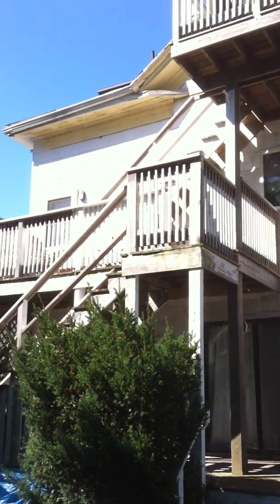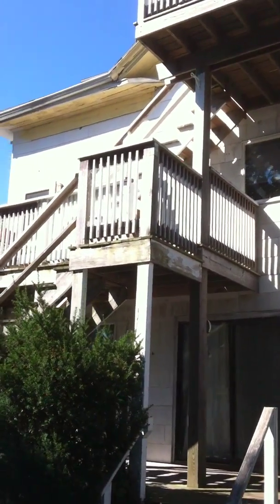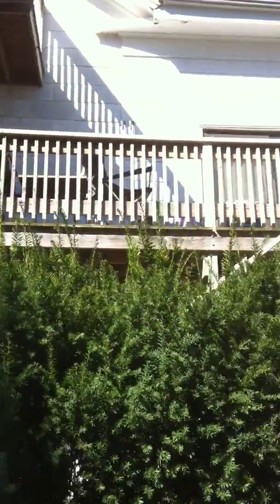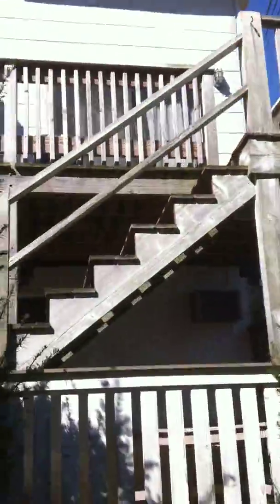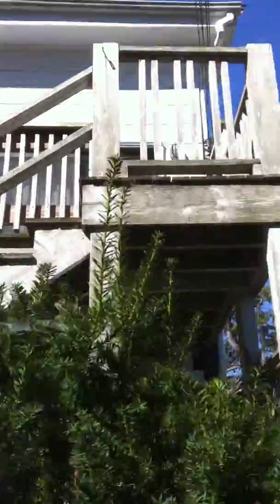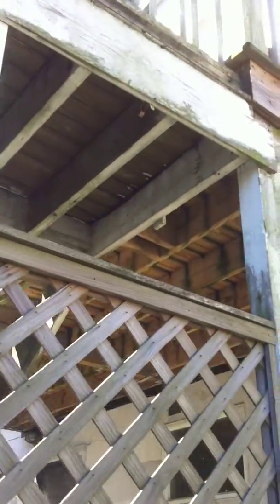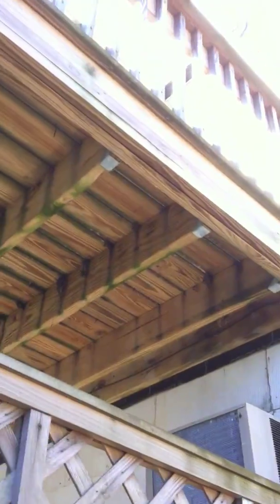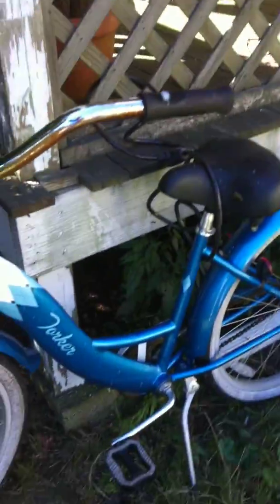So what we have here is a fire escape that's starting to pull apart a little bit throughout. Structurally, you can start seeing the wood is aged. This fire escape visually looks like it's about 15 to 20 years old. And one thing you have to start looking for is the connections, and make sure that everything is not pulling apart. And they should have stained this, because after a while, that's what makes these things last a little longer,